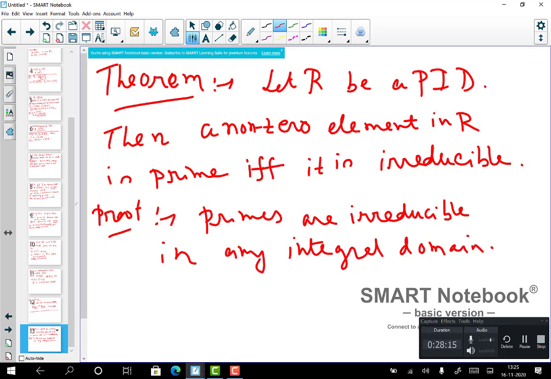So the natural question is, what about the converse? If you start with an irreducible element, is that also a prime? And we will show that it is indeed a prime element. So conversely,